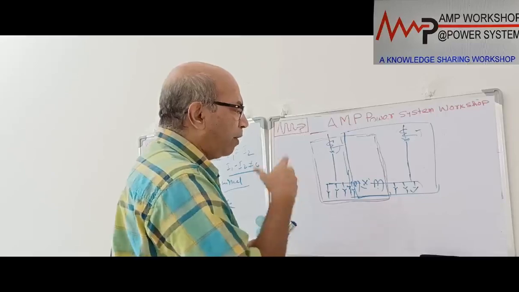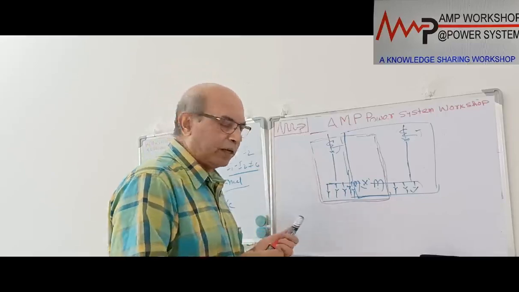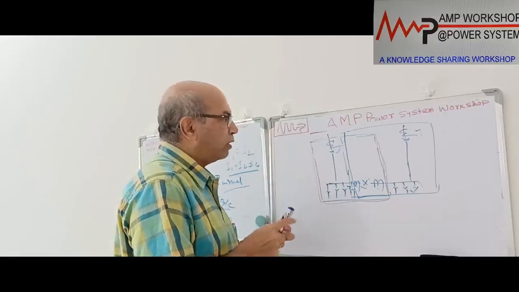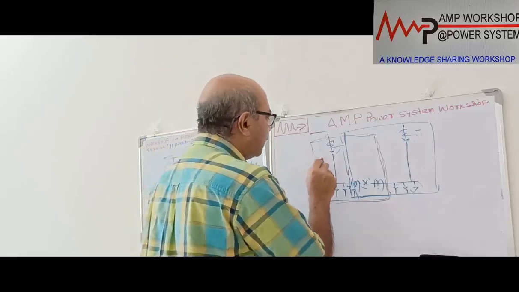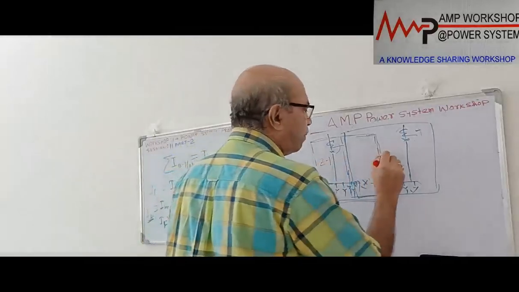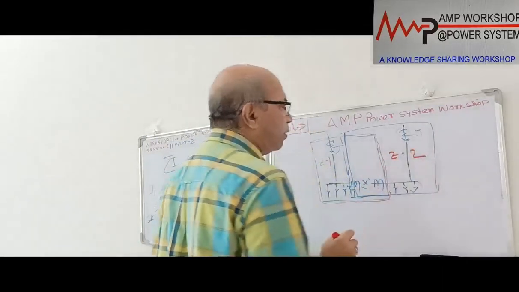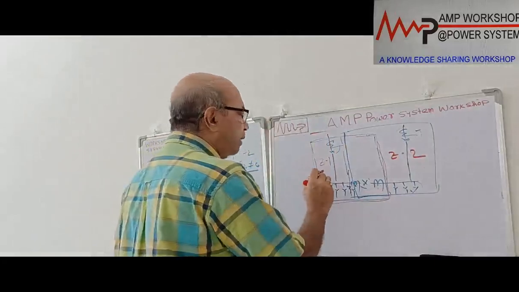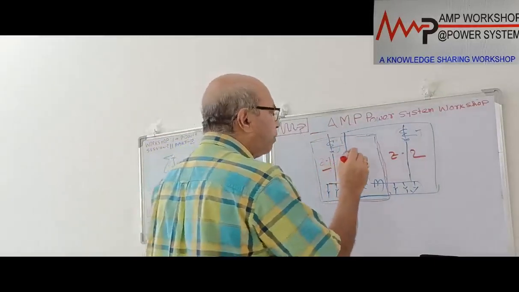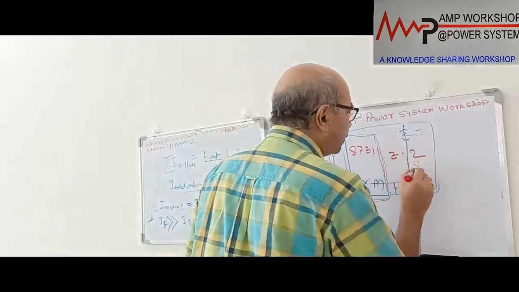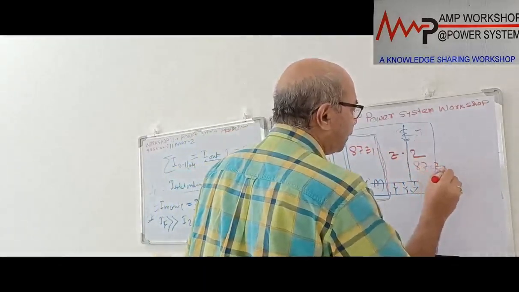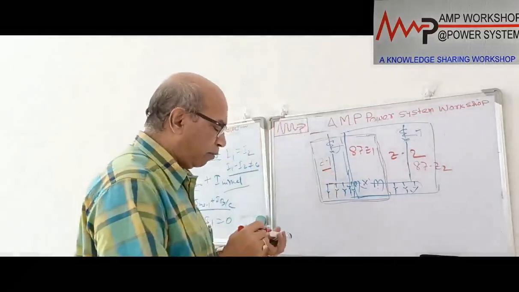So here, when we provide the bus differential protection or circulating current principle, how many protections will there be? There will be two zone protections. This is zone 1. Each zone has a separate protection. We cannot have a common protection; for each zone there is a separate differential protection. For zone 1 there will be 87 zone 1 protection. Similarly for zone 2, 87 zone 2 protection. That will be the protection scheme for the differential protection.